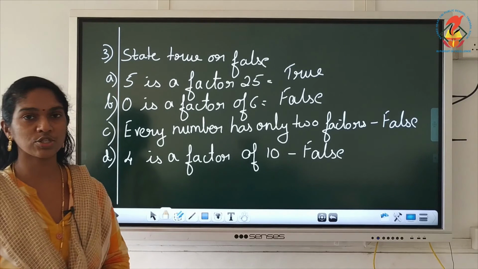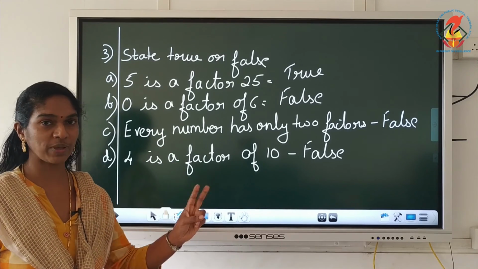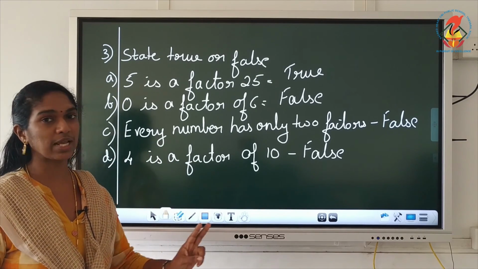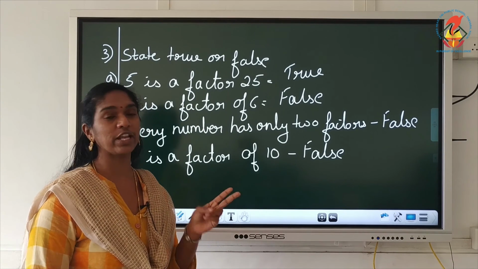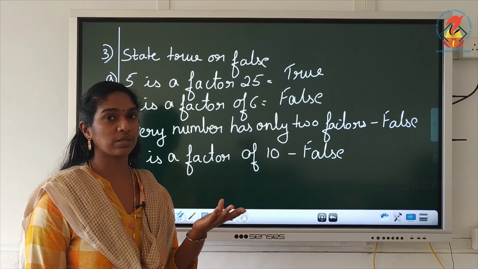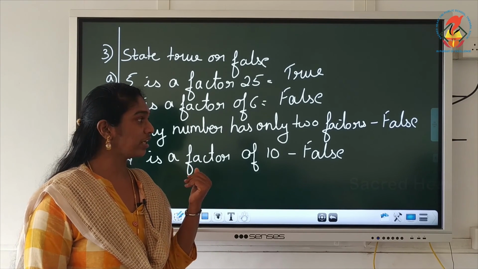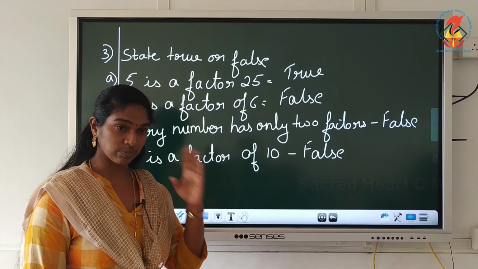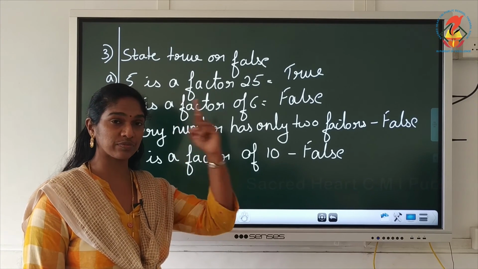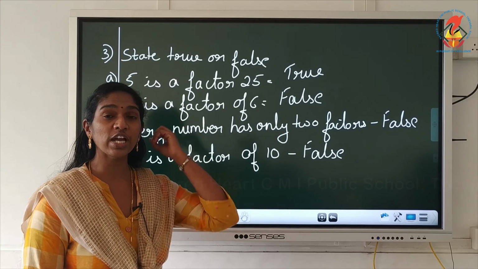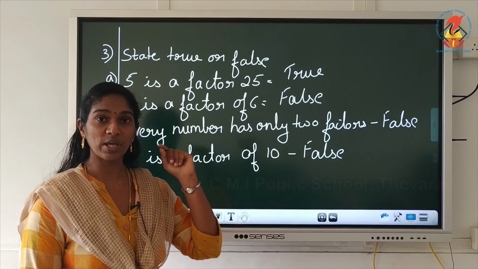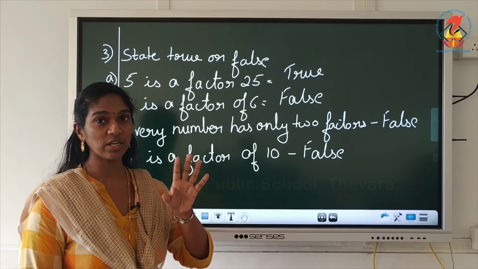Okay children, understood how to find out the factors? The 2 methods, multiplication method. Sometimes in multiplication method you will have to use division. By dividing only you can find out the factor. And then you have division method. In both the cases, keep in mind, start from 1, check for 2, check for 3, check for 4, check for 5 till you get a repetition. Once you get a repetition, you can stop it.